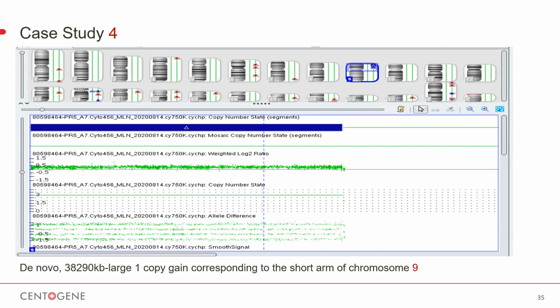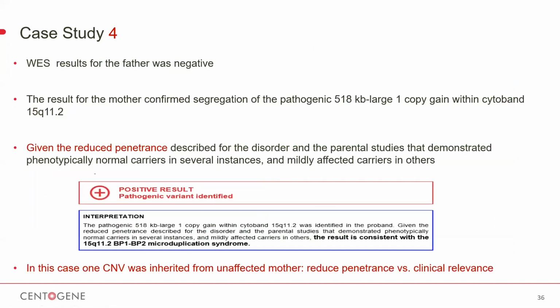We see again the baseline expected for this region is 0. Above the line, the green dots indicate duplications, an increase in the amount of these regions, corresponding to 1 copy gain of the short arm of chromosome 9. So again, the segregation analysis was surprising because the father was negative, and the mother was confirmed to segregate the duplication of 518 kilobase pair corresponding to the cytoband region 15q11.2, and this syndrome also